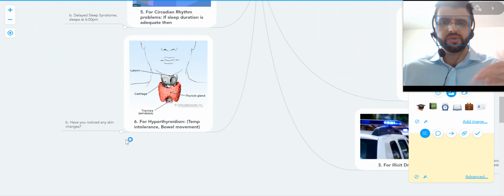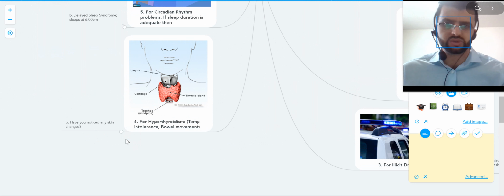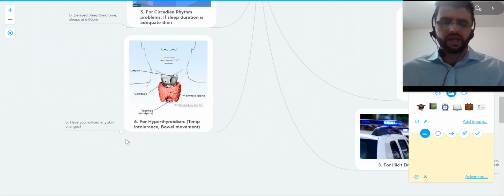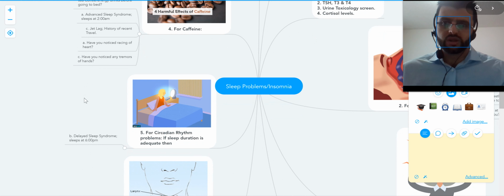For hyperthyroidism, we ask any difficulty tolerating temperature, cold or hot temperature, any changes in your bowel movement,